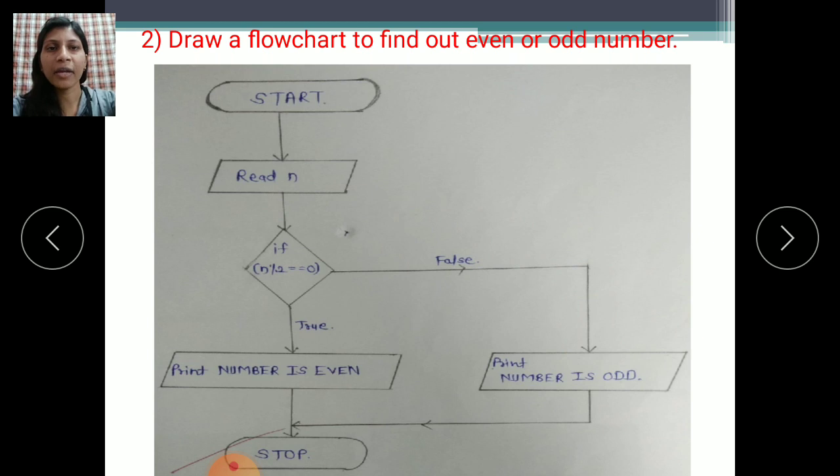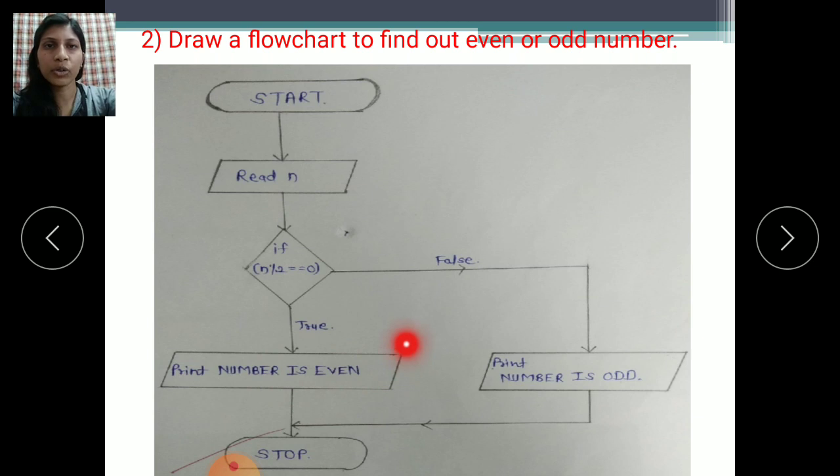See here, if n divided by 2 is equal to 0. What is the meaning of this condition? Whatever number you have given to the computer, if it is divisible by 2 and its remainder is 0, then that condition is true. Then the true part will execute, meaning print the number is even.